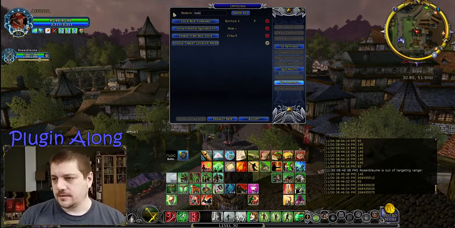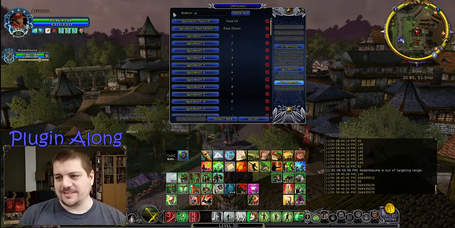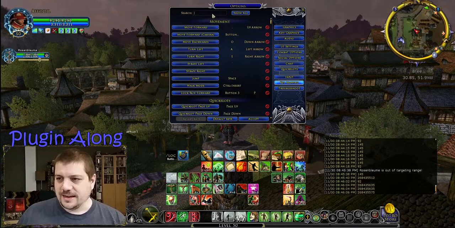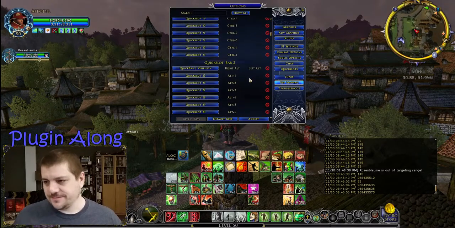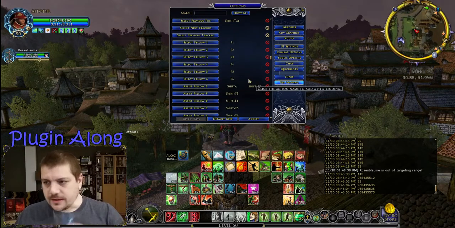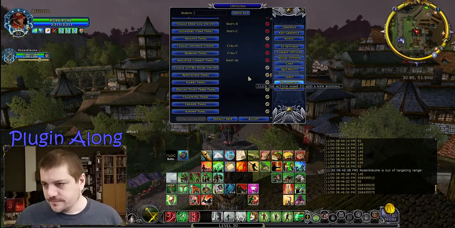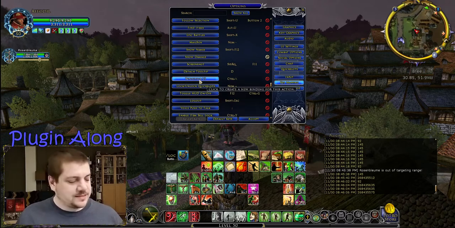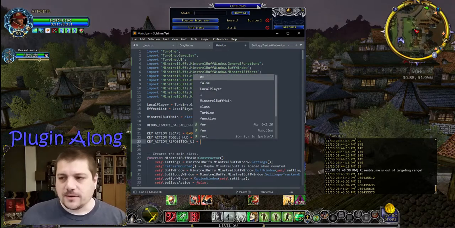Lock, move, UI. What's the one for control backslash where you can move all the things? Right. I guess I'll just scroll down for a second. There's so many things you can bind to. Oh, there we go. Reposition UI. Fantastic. Reposition UI. And we're going to set that equal to,